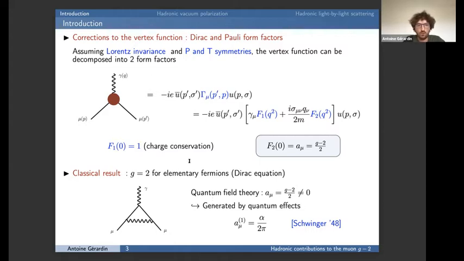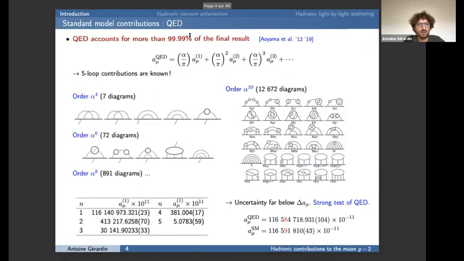Okay, so of course, since we are interested in this QED vertex function, the dominant contribution is from QED corrections. And they indeed account for more than 99.99% of the final result. In this case, they can be computed very precisely using a perturbative expansion in alpha. And now the 5-loop contribution is also known. Here I show the diagrams at the order alpha^4, alpha^6. You can see that the number of diagrams increases rapidly with alpha. And for the orders 8 and 10, of course, people need to use numerical methods to generate and compute all